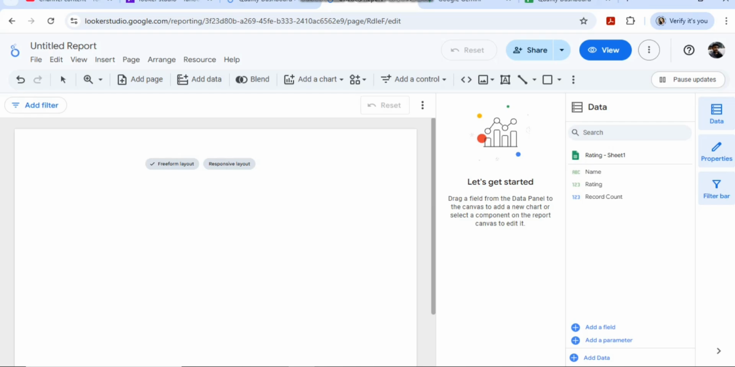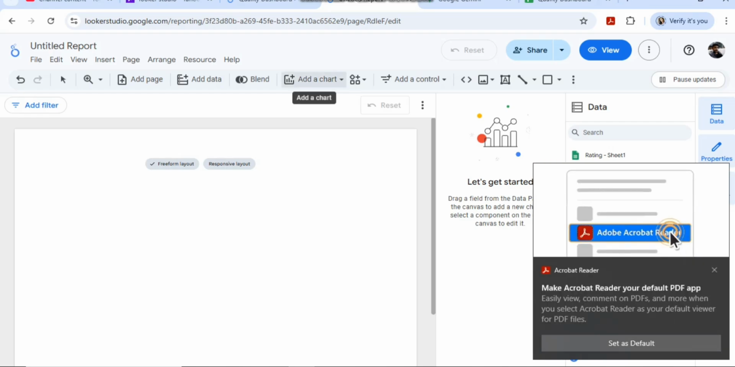So let's start today's concept on how to add emoji icons in the form of ratings. To do that we require a data set. I will not explain how I pulled this data here. You can see my past video, you will understand everything. So now I need a graph. On the top you can see the add chart option. In the add chart,